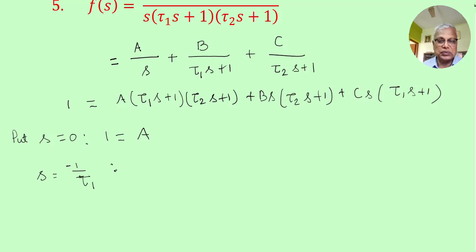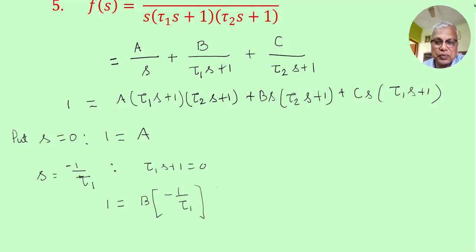So when you do this, since s equal to minus 1 by tau 1, it means tau 1 s plus 1 will be equal to 0, right? So wherever there is tau 1 s plus 1, it will become 0. So what are we going to get? 1 equal to, the first term is 0, the second term is B into minus 1 by tau 1